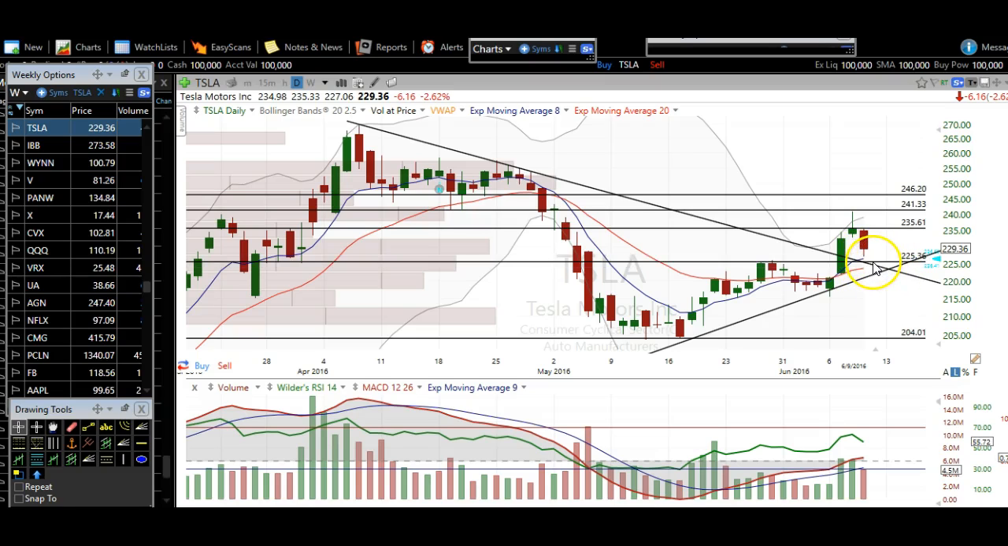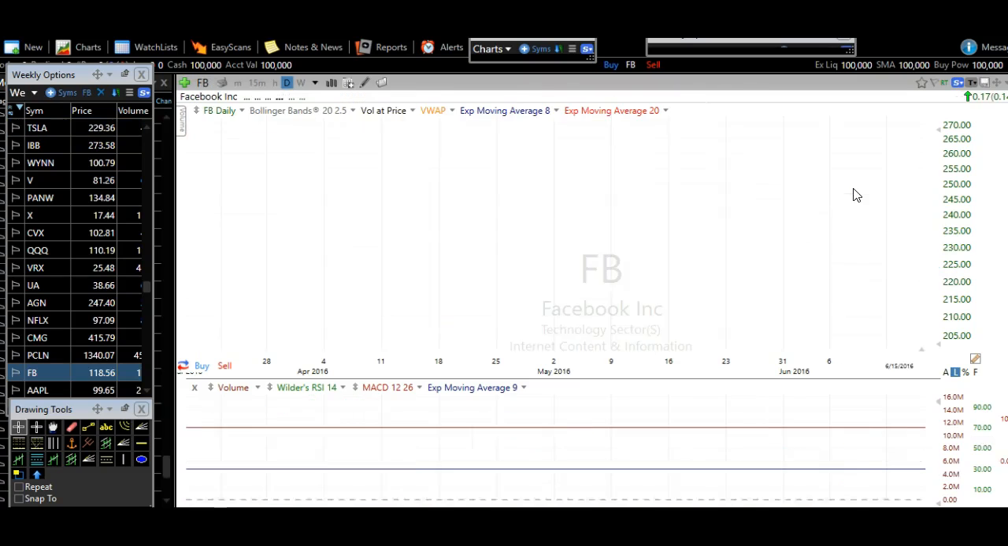25 to about 23 is going to be that support range for here. So kind of for me is a no touch really around this area. We've got resistance up here at 235, so you can short that level. It's really up to you, but these are kind of the levels that I'm looking at on Tesla, and you should be aware of them as well. Next, I want to be covering